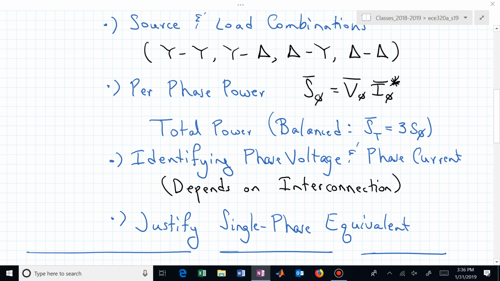But if I give you a time domain waveform in an equation, typically that will be a maximum value for the amplitude, and you'll have to convert that to an RMS value if you're going to use VI star. If you're using maximum values, then you have to put that 1/2 factor in, and why worry about keeping track of a 1/2 factor when if we just convert everything to RMS, we can just remember VI star.